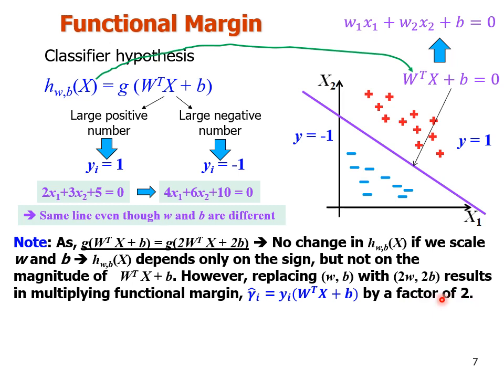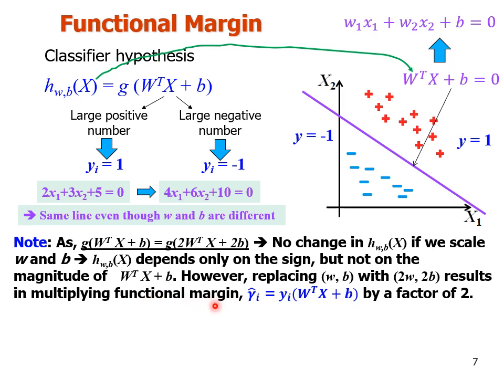That is, if I am scaling the parameters w and b by 2, then my functional margin will also be scaled by 2. Thus, it seems that by exploiting our freedom to scale w and b, we can make the functional margin